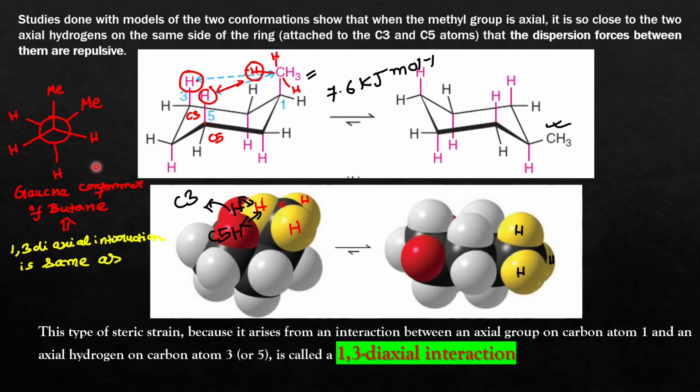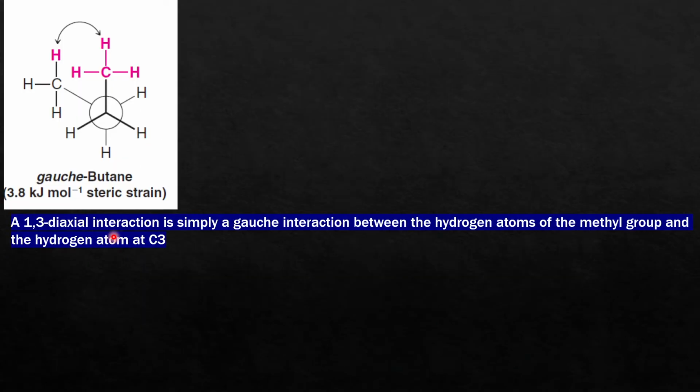But in this case, I will show you that this type of Gauche interaction is nothing but a type of 1,3 diaxial interaction. So let's see how it is. You can see that this is the Gauche conformation. These two methyl groups are in very close proximity to each other. Now you can see that these two hydrogen atoms are very close to each other. So there is a 1,3 diaxial interaction occurring between these two hydrogen atoms, which we previously called a Gauche interaction, but it is nothing but a type of 1,3 diaxial